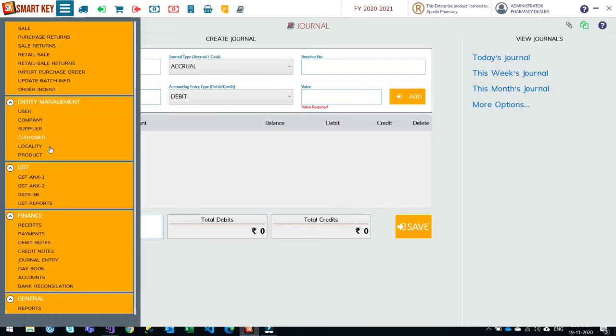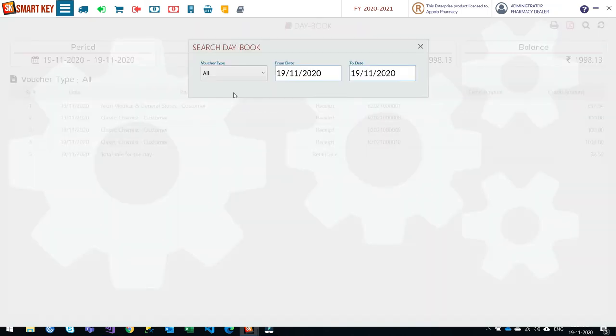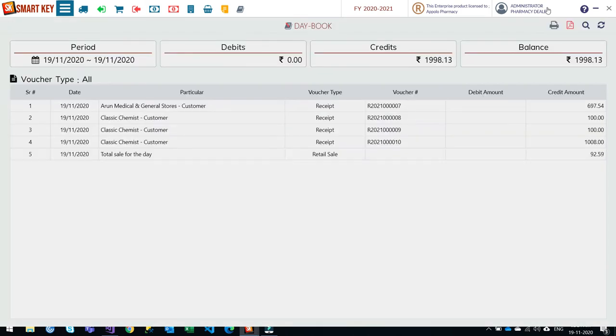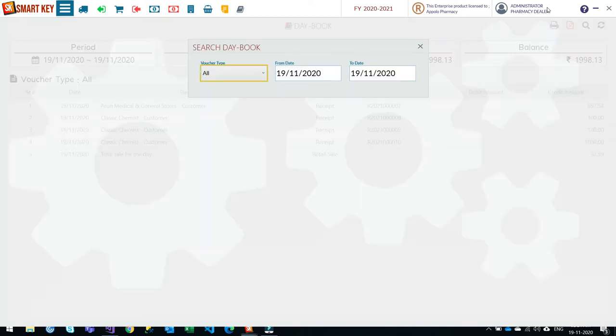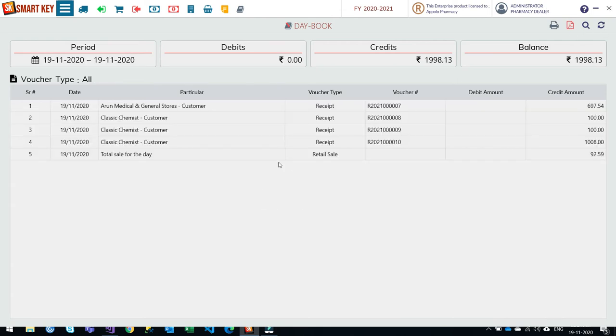And another finance menu is like daybook. So this is the daybook for the day. You can change the voucher type as well. There is no purchase for this day. If you refresh, it will show all the voucher types,